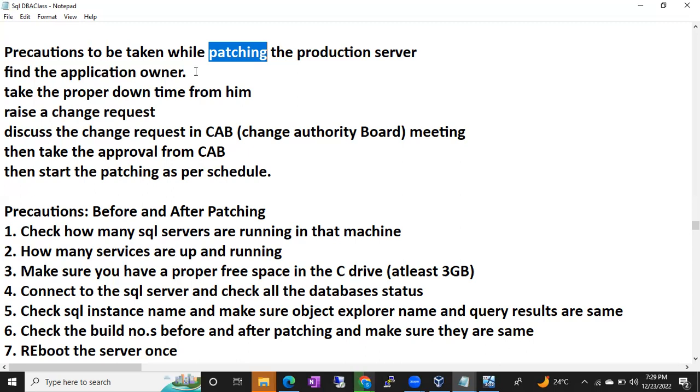In the same way, you cannot directly patch the SQL server. You have to ask for approvals from the application owners. Every server will be